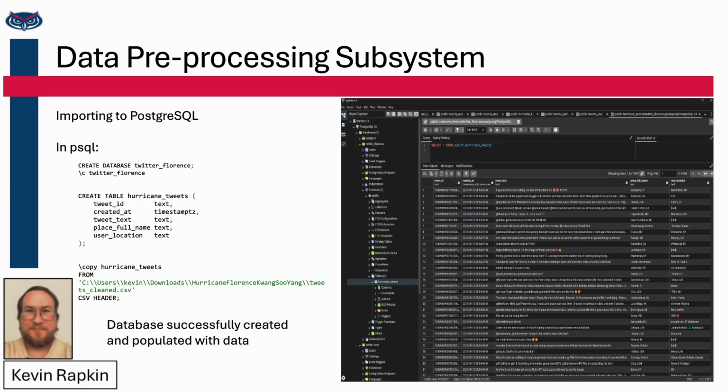These are the commands in the terminal that I ran to get the database populated with all of the data. As you can see off to the right, the columns are what it was supposed to have. And right now, none of the subsystems are using this database. We were just testing with smaller sets of data that we found elsewhere, but the plan is to integrate all of the subsystems to interface with the database.